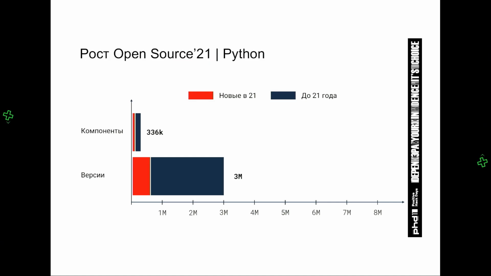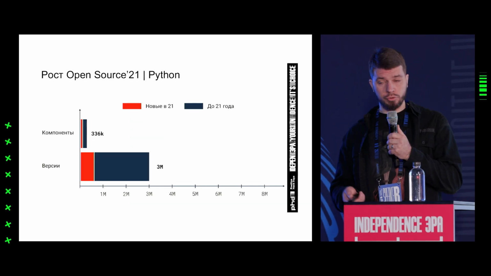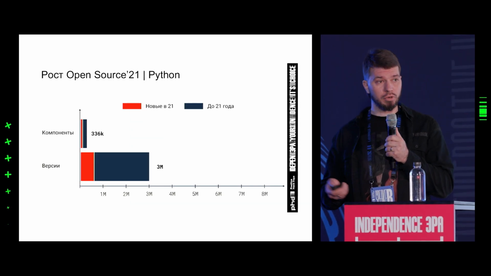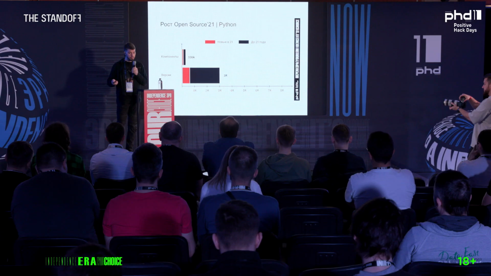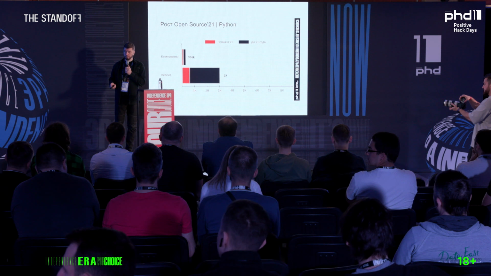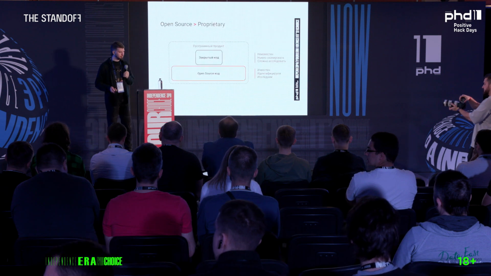Python is very similar to Java, slightly less pronounced though. And we can see around 300,000 packages in Python. And in the year 2021, around 1/3 of new projects arrived. So it all gets released, the new versions